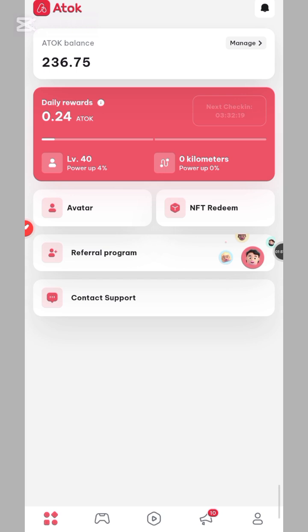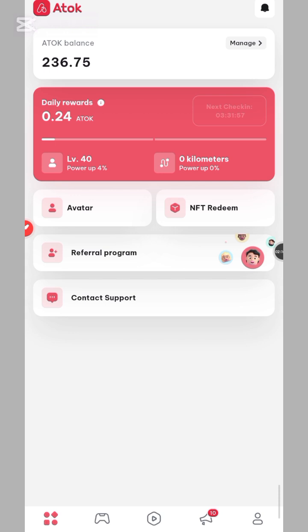So here on the screen is the app. First of all, you download it from your Play Store. Then use my referral link and input my referral link. Then come over to this place. It will open in this platform. I'm going to show you from the start to the end of this.